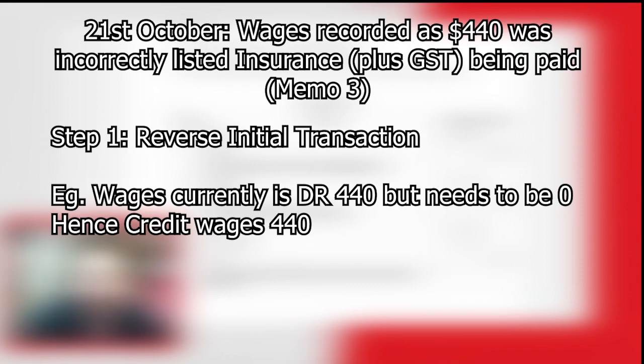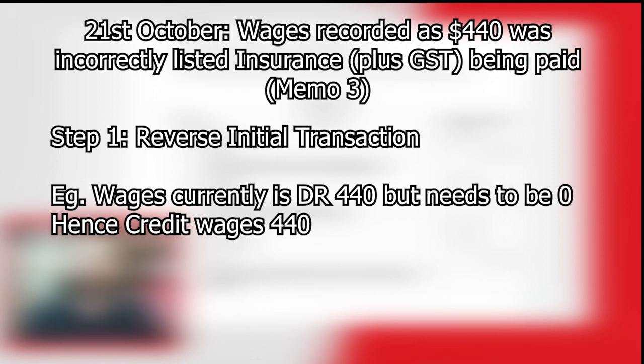But how do we deal with transaction 3, October 21st, where we recorded $440 as wages, but it should have been listed or recorded as insurance plus GST, and this is memo 3. So there's 2 steps here. At the moment, our wage account will be sitting as a debit of $440. We need to reverse that first so that wages equals 0, or that transaction's undone. So you want to credit wages